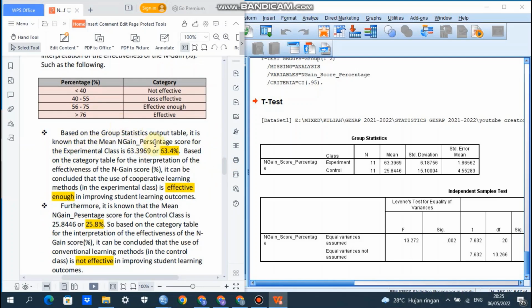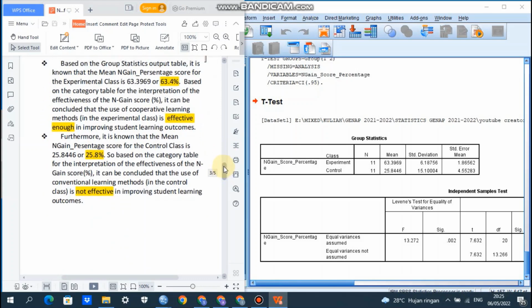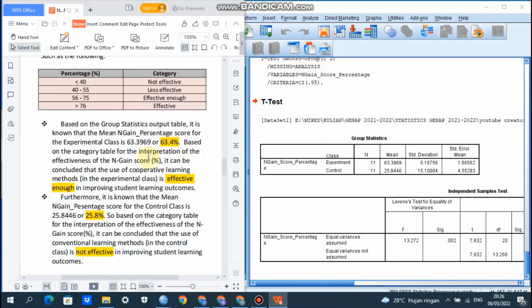Based on the group statistic output table, it is known that the mean gain percentage score for the experiment class is 63.3969, or if we round up, it becomes 63.4%.